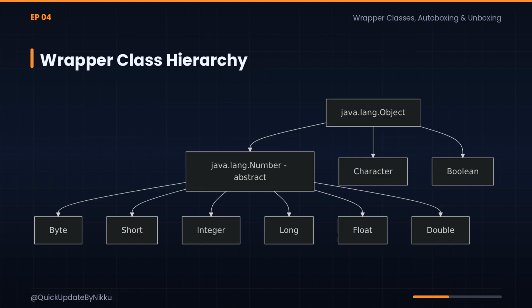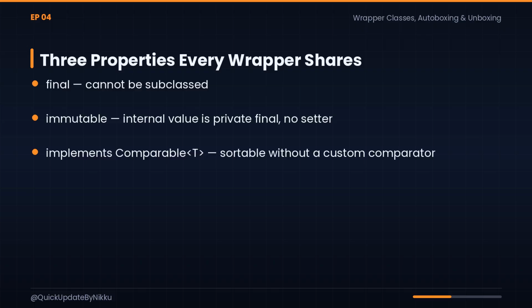This placement of Number in the hierarchy is what gives every numeric wrapper the conversion methods intValue, longValue, floatValue, and doubleValue. Every wrapper class shares 3 guarantees. Being final means the class hierarchy terminates there, you cannot extend Integer or Boolean. Being immutable means that once an Integer object is created, its value never changes, which also makes wrapper objects safe to cache and share. Implementing Comparable means a list of Integer or Double can be sorted by Collections.sort with no